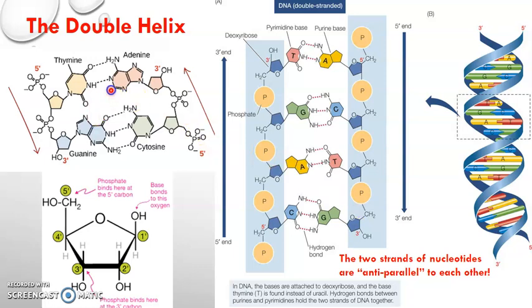So if I look over here, because I think it's a little bit easier to see in this diagram, here's the deoxyribose of one nucleotide, and here's the deoxyribose of another. Notice that the oxygen is facing up, like you see down here on this side, but the oxygen is facing down on the other side. That's what I mean by anti-parallel. You have to flip the nucleotides upside down and spin them around